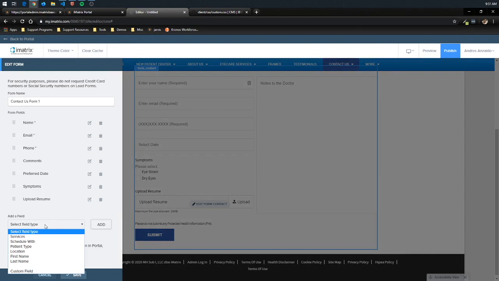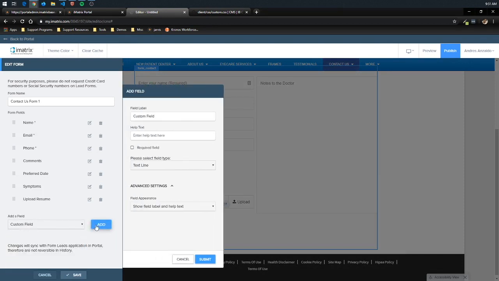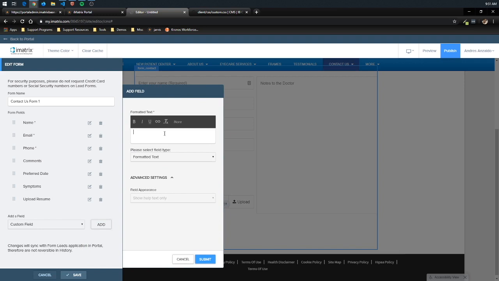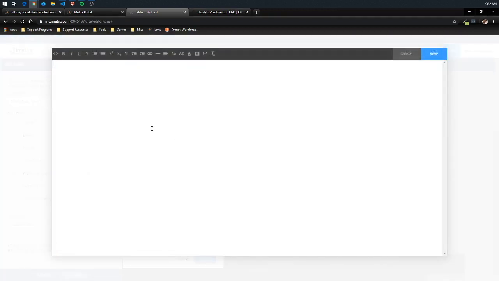I'm going to do select field type again, and we're going to do custom field once again. And this time let's select formatted text. Now what the formatted text does, it won't allow the client to modify this. However, this just gives you the option to modify it. Of course, you have some formatting options here, but by clicking more, you'll have your editable component where you have